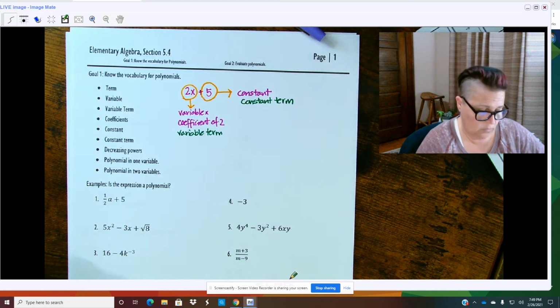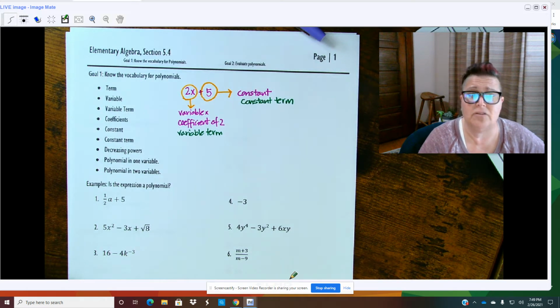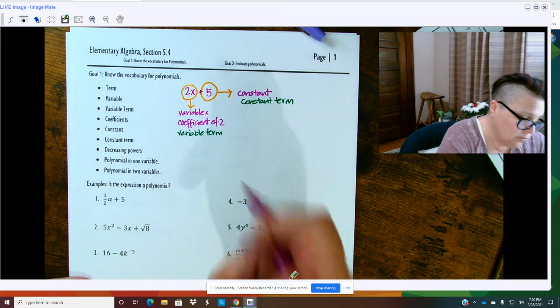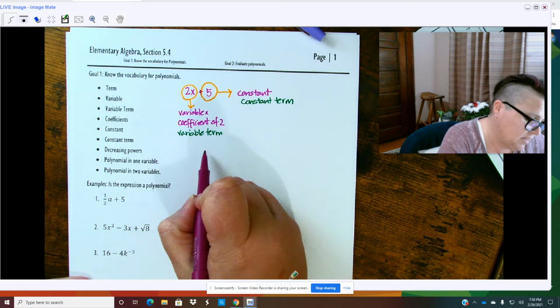Okay, so we have in this particular polynomial two terms. The first term is a variable term with a variable of x and a coefficient of 2. The second term is a constant term, and it's simply 5. This is a polynomial in one variable because the only variable in the polynomial is x. We will also be looking at some polynomials in two variables, and a polynomial in two variables could look